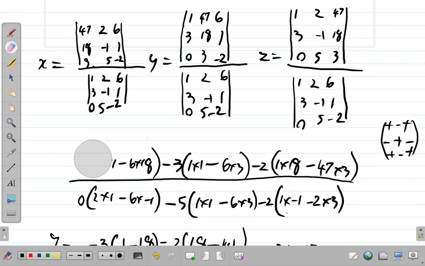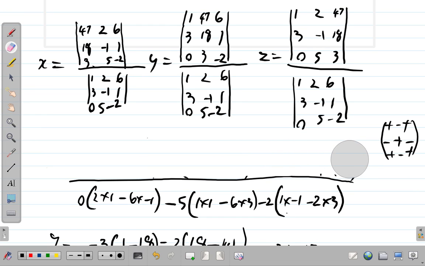Alright, so we just need to erase the top part here, because the bottom part is the same thing throughout. So z equals. Now, I'm going to expand along row 3. When you expand a row with a 0, the work becomes a bit easier because 0 times anything